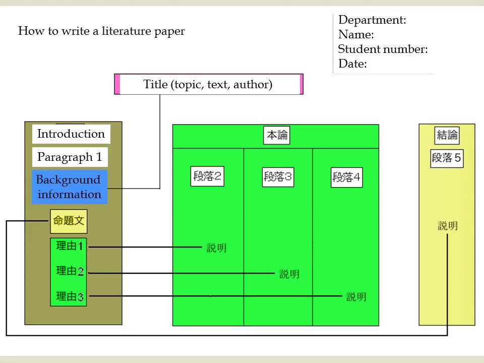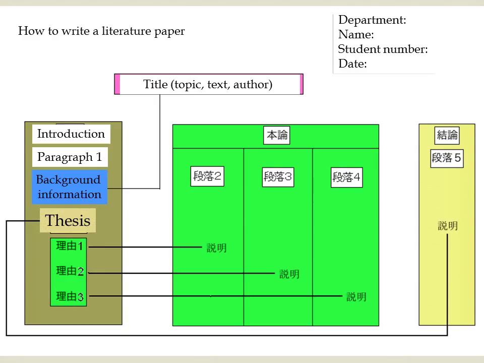So that would be your first 3 or 4 sentences. It might be a bit more, a bit less, but your first few sentences would be giving necessary background related to the topic of your paper. And moving on from that, you would then have the thesis